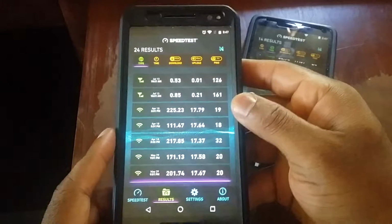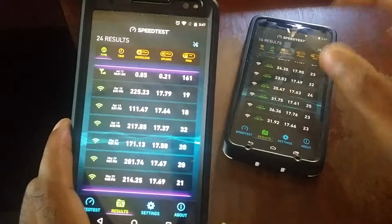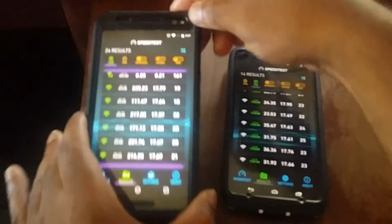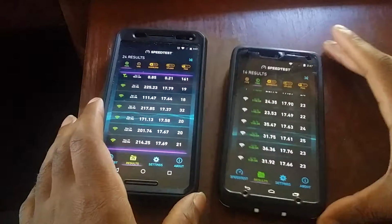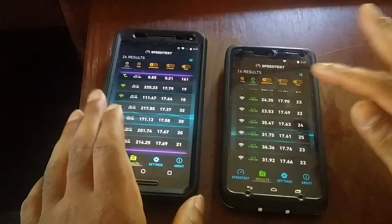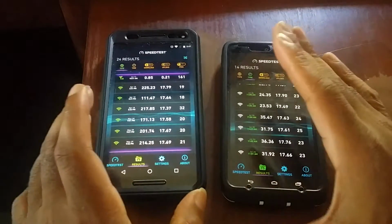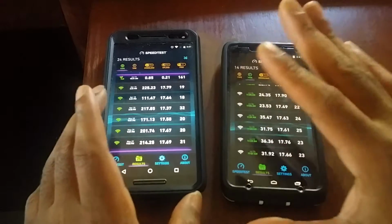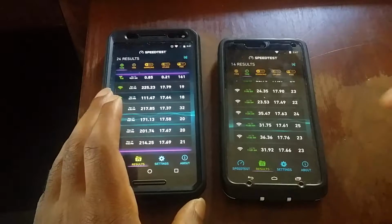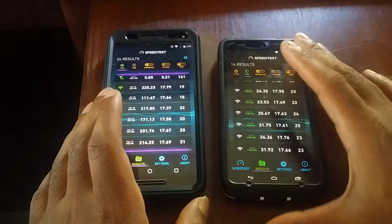And again, this is where we see a slight performance differentiation, because although the Wi-Fi on both of these guys are solid, you get much better Wi-Fi speeds on your Moto X Pure Edition, whether it be the 2.4 gigahertz band or the 5 gigahertz band. And I really have to equate that to the new modems and chips inside of the Moto X Pure Edition here. That being said, the Droid Turbo is no slouch, and they both perform really solidly when it comes to